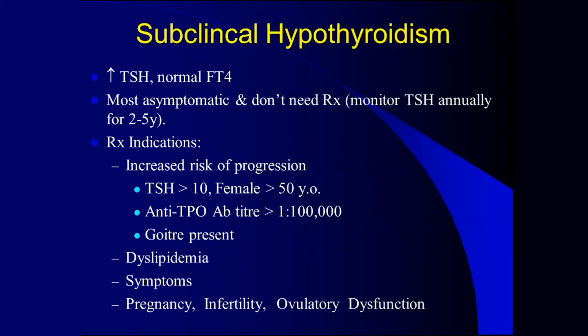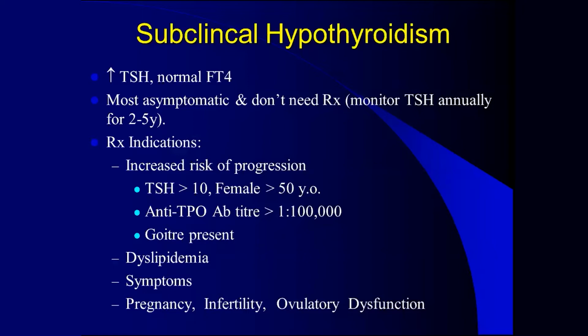Coming to subclinical hypothyroidism, this is very common in our country, and a lot of patients with subclinical hypothyroidism are often overtreated by general practitioners who are very eager to give patients L-Thyroxine. Classically the TSH levels are increased, but the FT4 levels are normal. And usually the TSH levels are very mildly increased, between 5 to 10. They are very seldom more than 10. Most of these patients are asymptomatic and they don't need any treatment. You just need to do an annual follow-up for TSH.